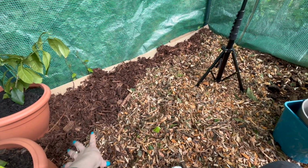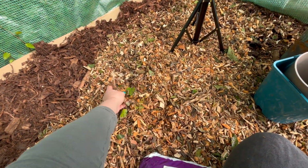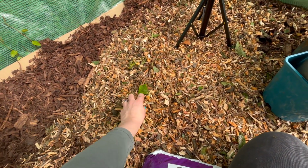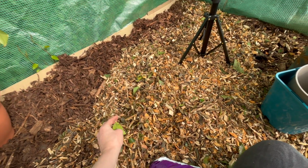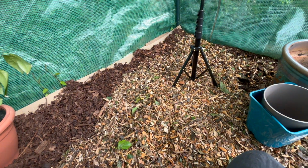But yes, I moved all of this out onto the rose bed and then replaced it with this stuff, and it looks so much better. It's probably not even, there's no point to it, but I just think it looks better. While I also have another debate in my head with myself about where my other tree should go,